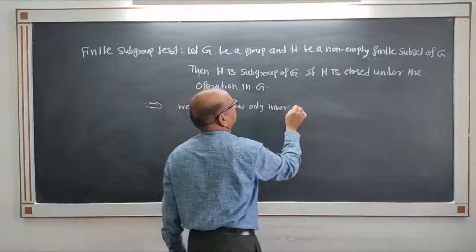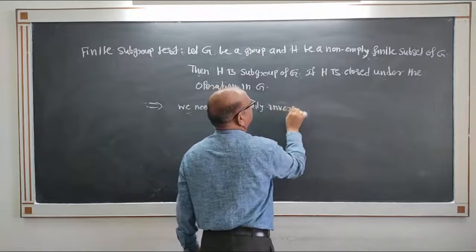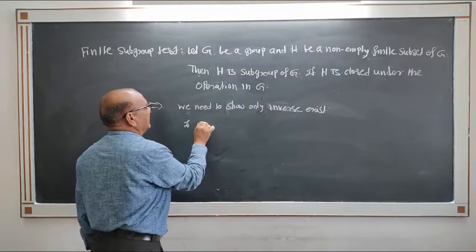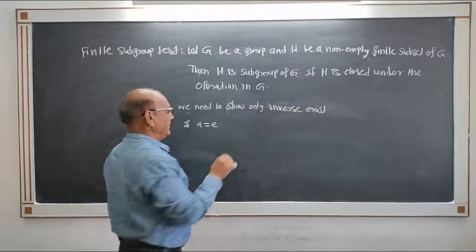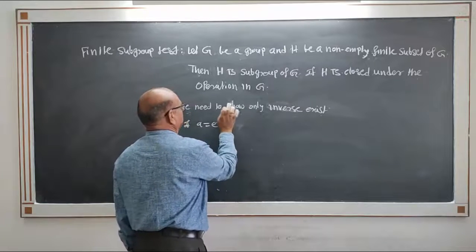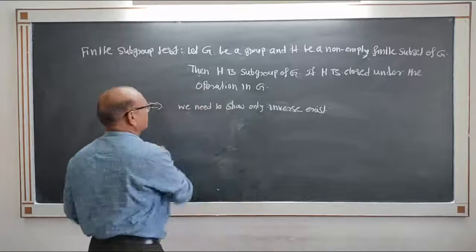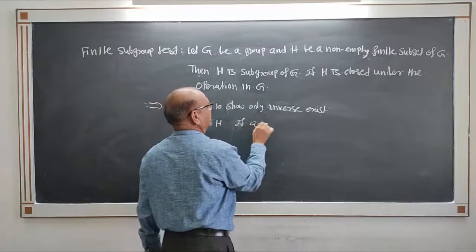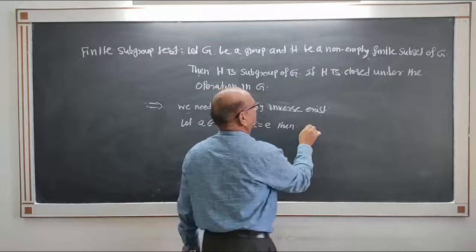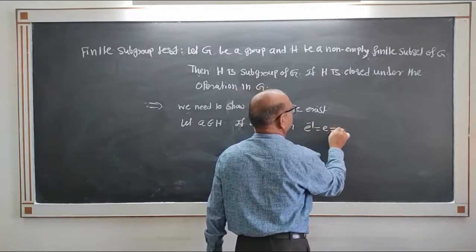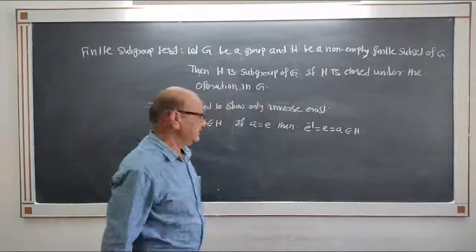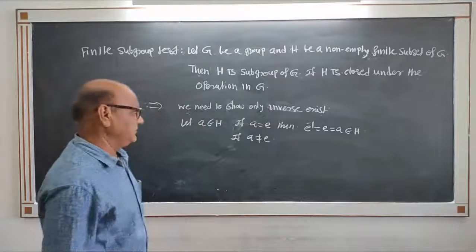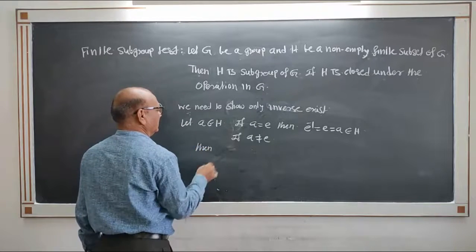Let A belong to H. If A is equal to E, then E inverse is equal to E, and this is equal to A, which also belongs to H. If A is not equal to E, then by closure property,